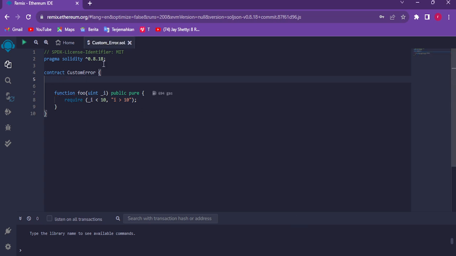We are going to create the data types with error and then name it, for example, my error, and then open up the parenthesis as an argument, and then we're going to fill up this later, and then